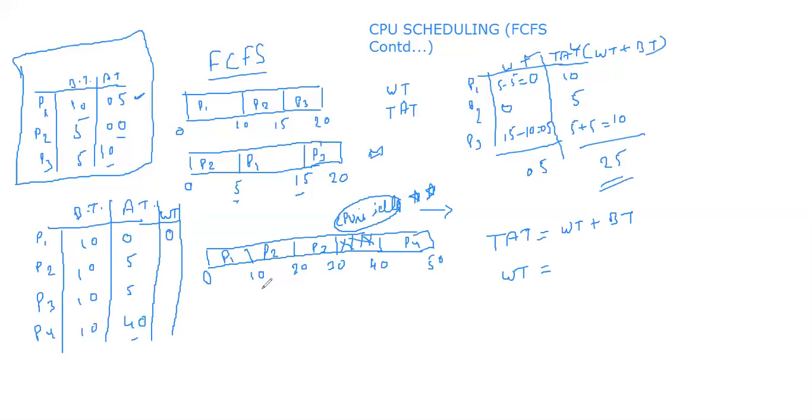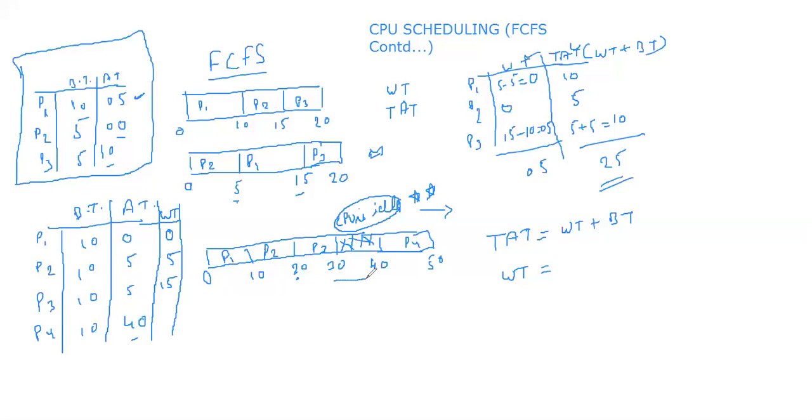P2 arrival time is 5, starting time is 10, so this becomes 5. P3 arrival time is 5, starting time is 20, so it becomes 15. Now P4, now be careful,